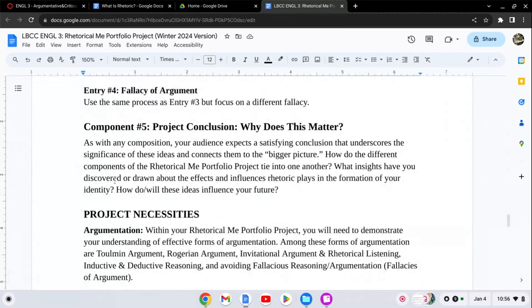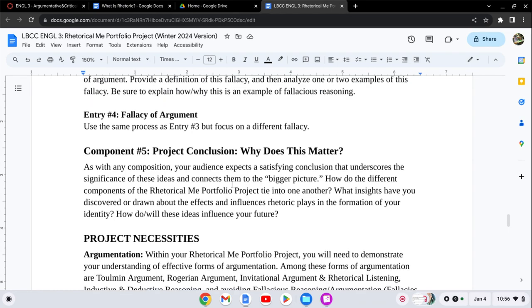As with any composition, your audience expects a satisfying conclusion that underscores the significance of these ideas and connects them to the bigger picture. How do the different components of the Rhetorical Me project tie into one another? What insights have you discovered or drawn about the effects and influences rhetoric plays in the formation of your identity? How do or will these ideas influence your future? So in essence, you're really tying all these things together. You're demonstrating to your readers what they mean and how they might influence how you go forward in your